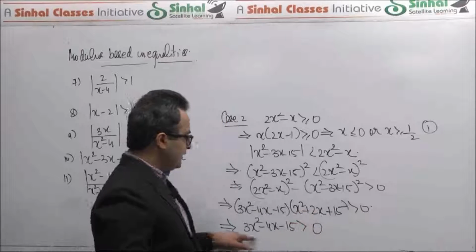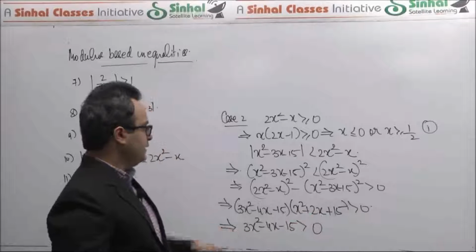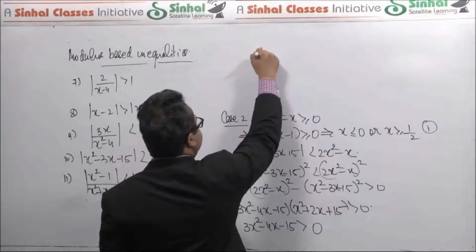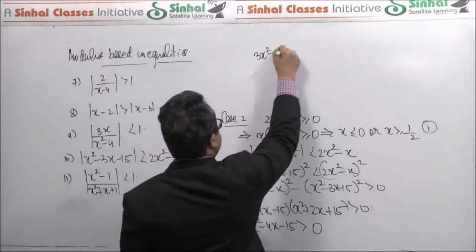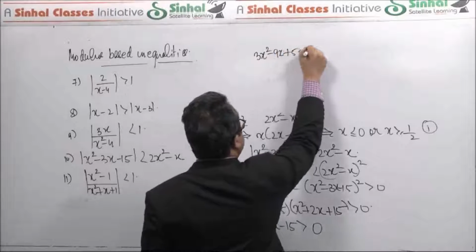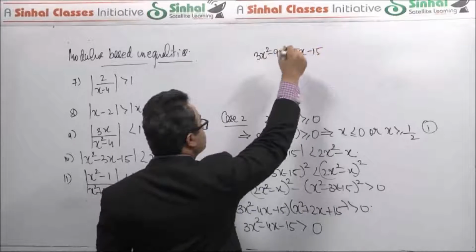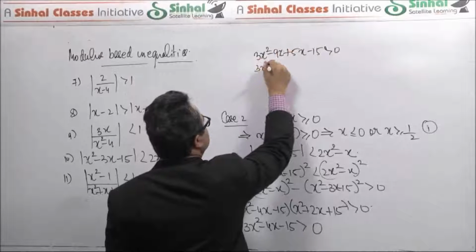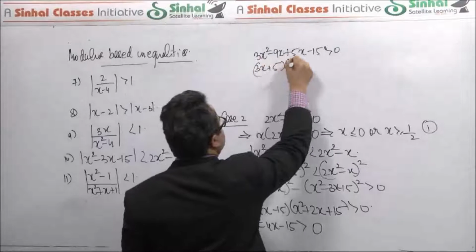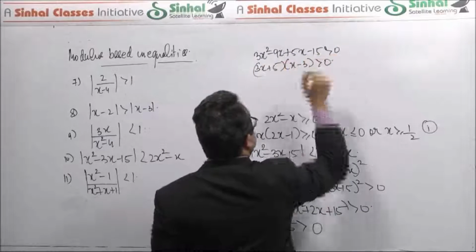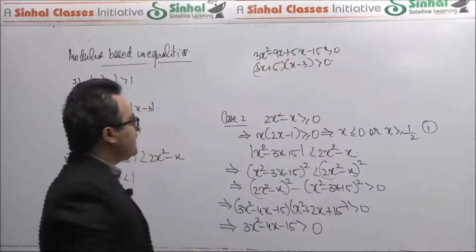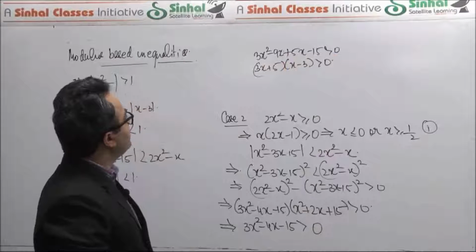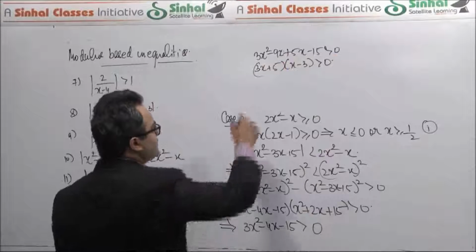So effectively, I'm only left with this inequality. You can factorize it easily. So 3x plus 5 into x minus 3 should be positive, which again by the wavy curve method will give us that